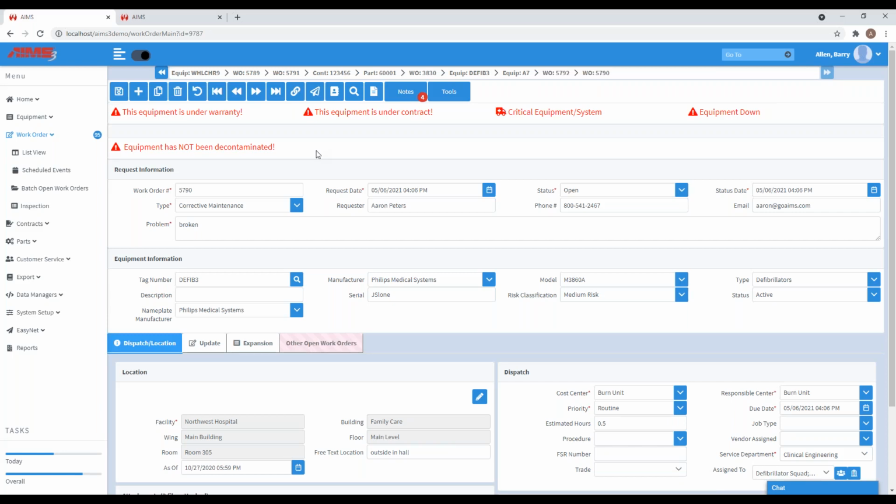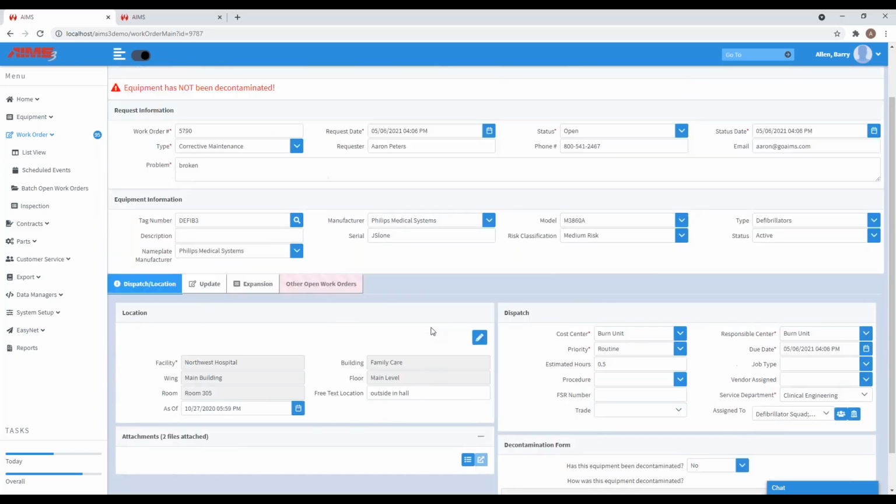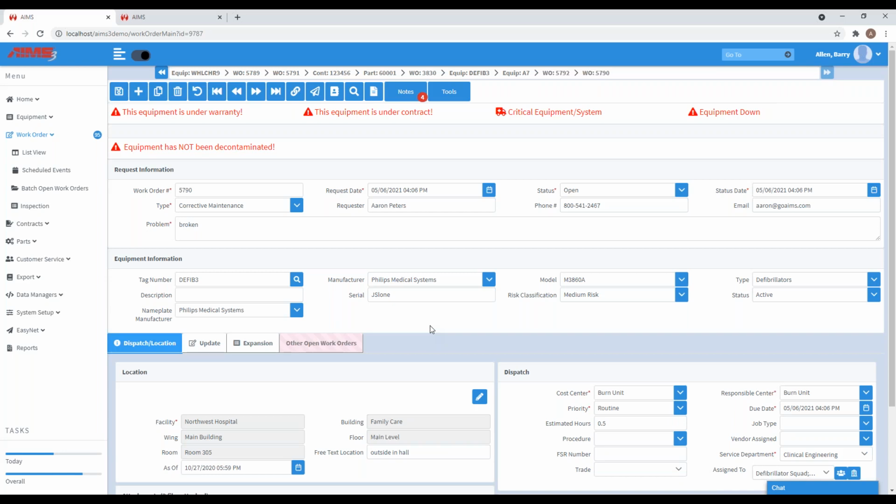There's a lot more obviously you can do with that. You have your pictures on screen, you have customizable headers. All of that is the same as the equipment control. So some of the advantages here, and there are a lot of them, is there's one very obvious right here in the middle of the screen, other open work orders. Before my tech goes up to look at this piece of equipment, they should know every single work order that's open for that. It doesn't do me any good to have them walk all the way up there, get access to it,